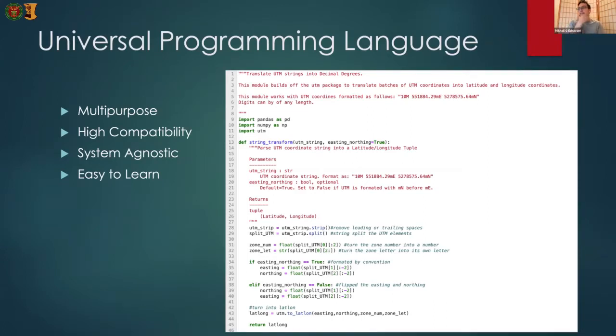And then on the screen here, you can see a bit of an example of what that looks like. Most of the red text is actually just comments. This is my own function that I wrote that helps me to translate written down UTM coordinates into latitude, longitude without having to open a GIS to try to do that. And so the majority of this text here is just comments that remind me how it works. And the rest is really, I think, pretty simple stuff.